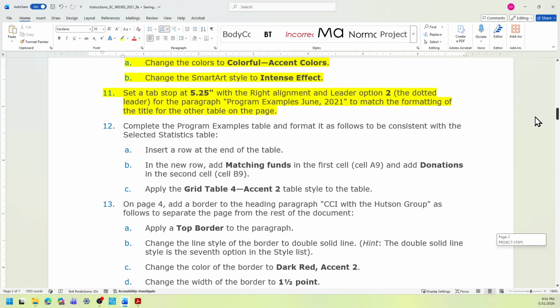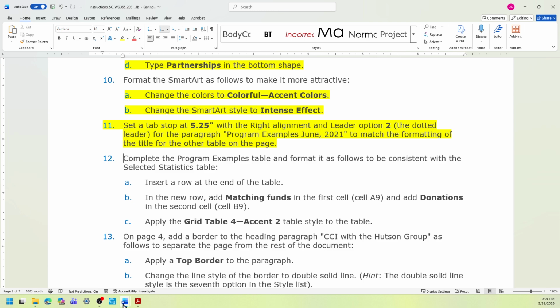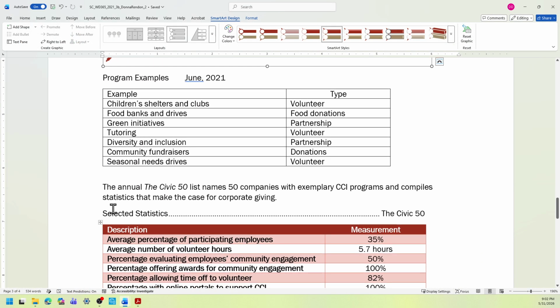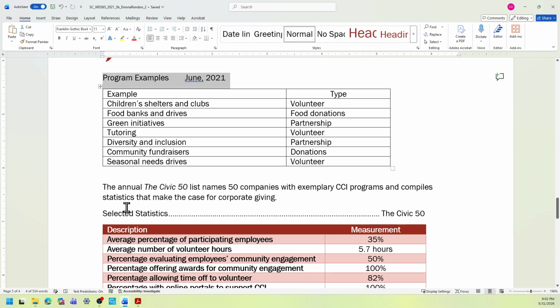Let's see. Okay, step 11. So back to here, you can see the formatting of this is not the same as the selected statistics, and we're going to make it the same.